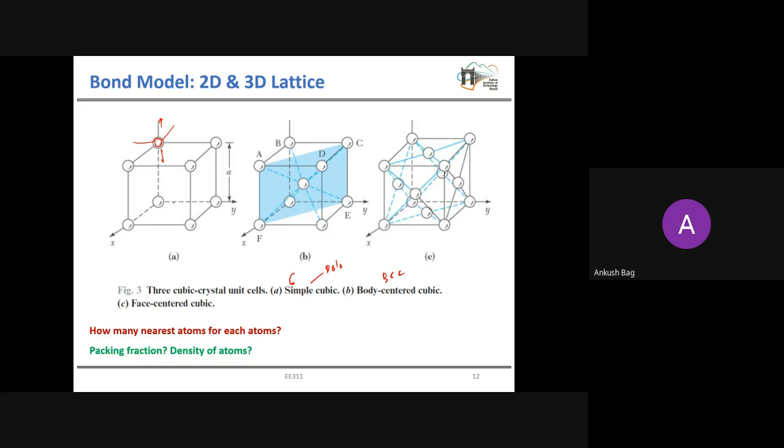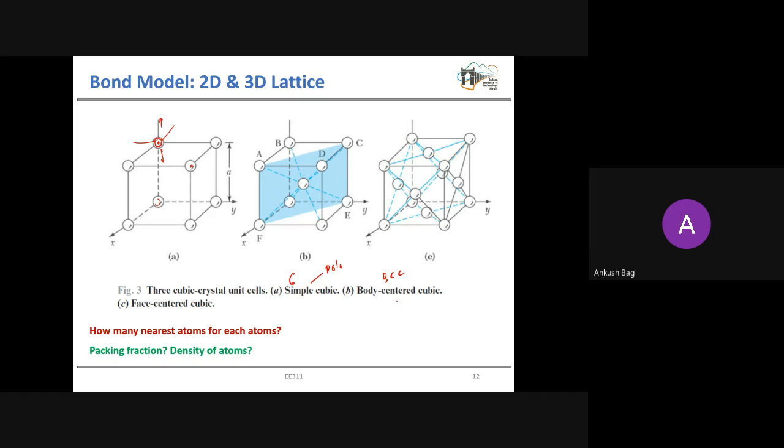Probably in the coming class or the next class we'll see that these nearest atoms will actually decide the overall behavior of your semiconductor, because these nearest atoms will impact, or the exact scientific word is, be a part of the properties of this particular atom. That is why we are interested in the nearest atoms. We are not interested in the farther atoms when we are considering this particular atom. So in case of simple cubic, we have 6 nearest atoms for each atom.